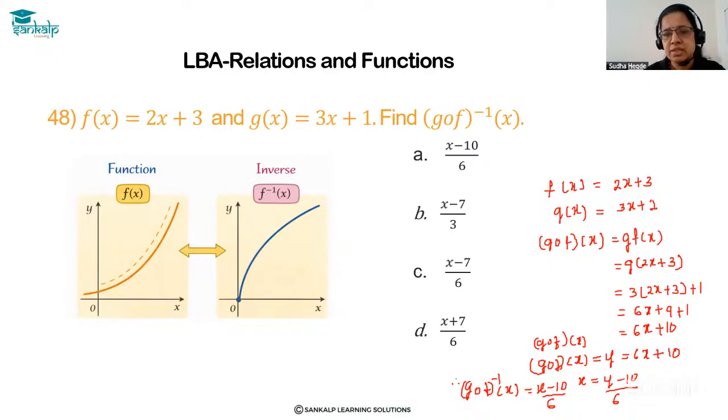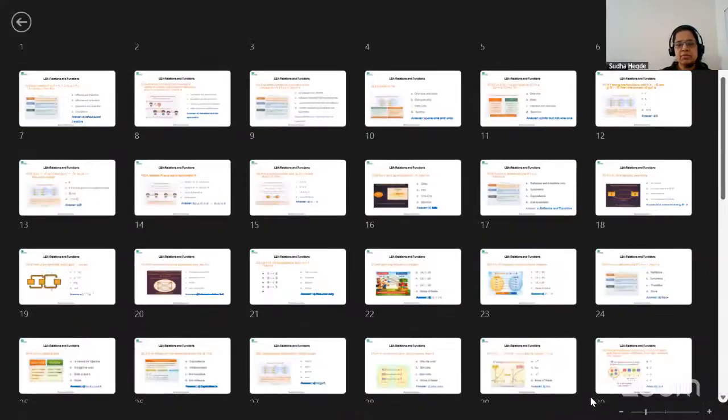Check the option. Option A is x minus 10 by 6. So option A is the correct answer. So the first step, you need to find G composition f of x. Then you need to find